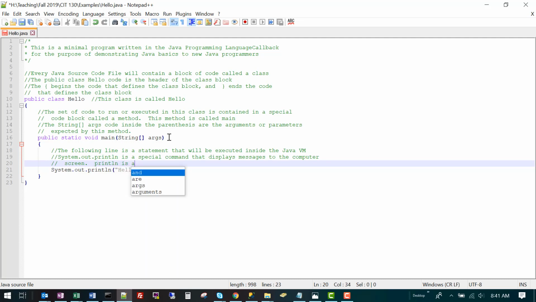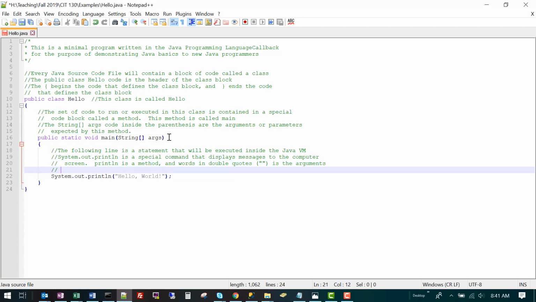Println is a method, and the words in double quotes are the argument being sent to it for display.